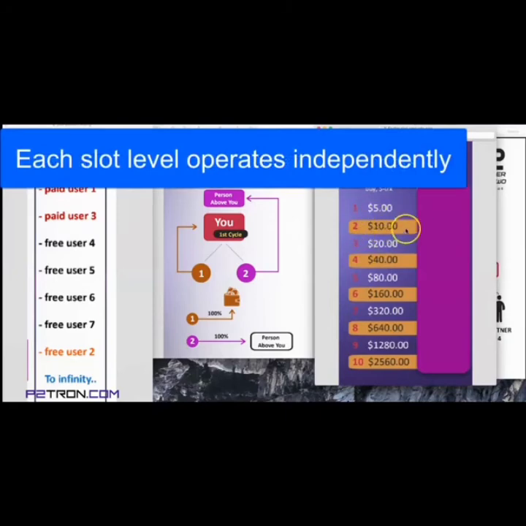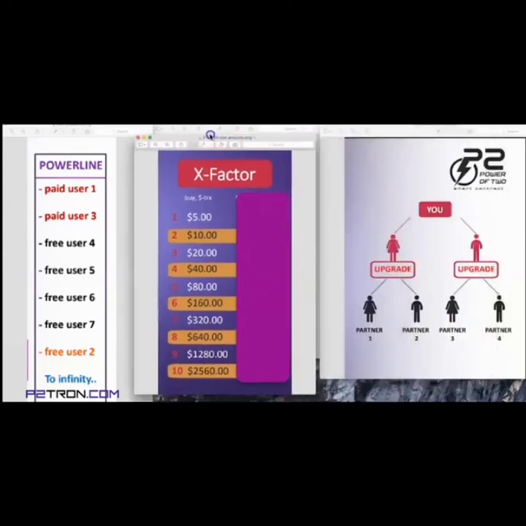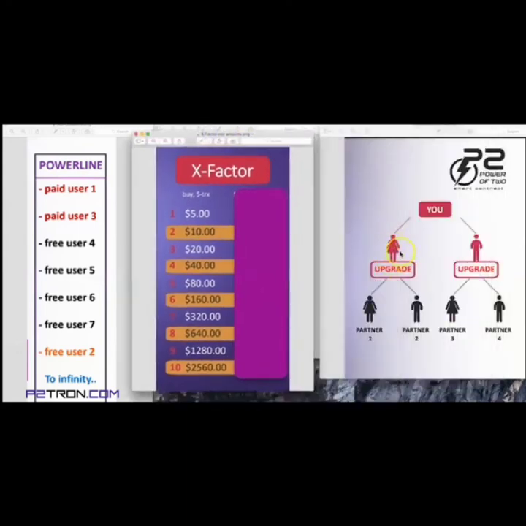So $10 slot level, it's independent. You're here, you contributed $10. The first person from the global power line inside of slot 2 contributes $10. That goes to you directly, back into your wallet. The second person, that $10 goes up, it cycles you, okay, now you're fresh. If we look over here, you're getting at the $10. The first person who was placed underneath you, now they're going to have 2 people from the $10 global power line being placed underneath them. The first person's going to pay them $10.